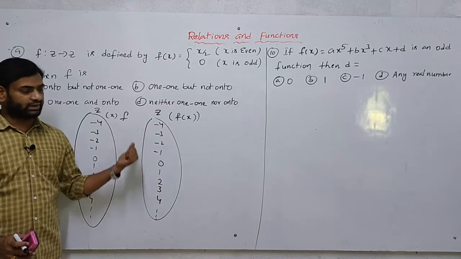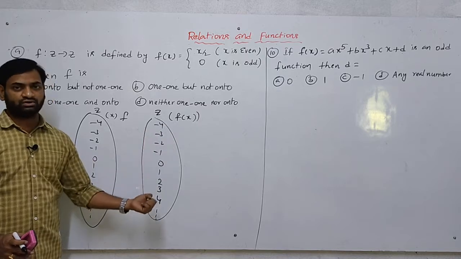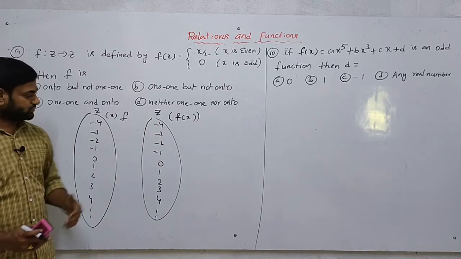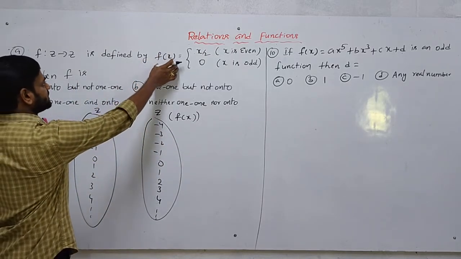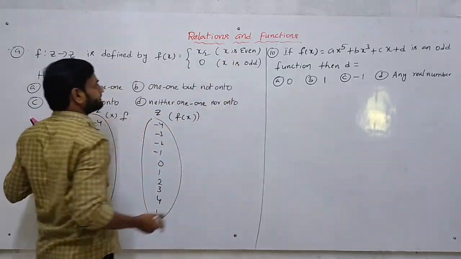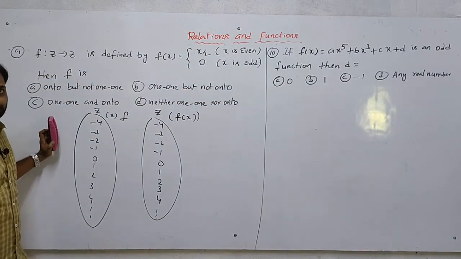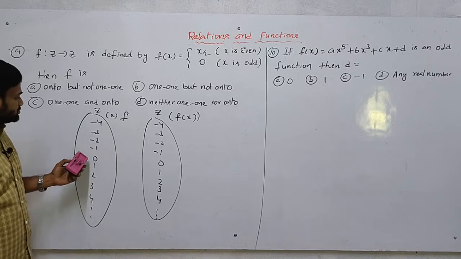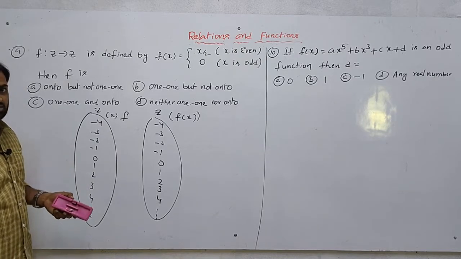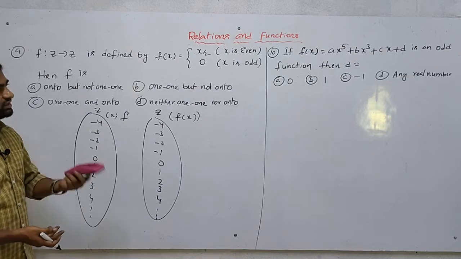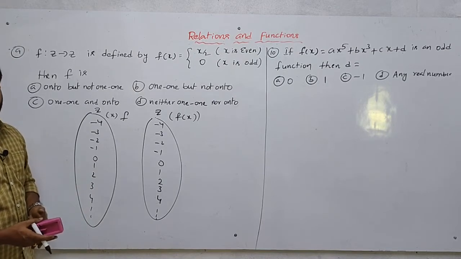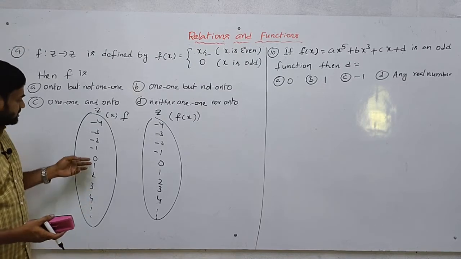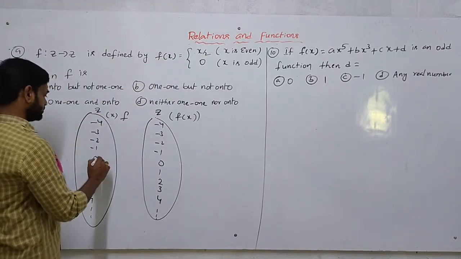In the first year we already learned that. So these are the f of x values which are in the mapping, that is the range values. So what is the condition? f of x equals x by 2 when x is even, and 0 when x is odd. See here, when x is even, suppose I am taking 0, it is an even number, because it is a multiple of 2. So 0 we can write as 0 into 2. So 0 by 2, the mapping is 0 to 0.